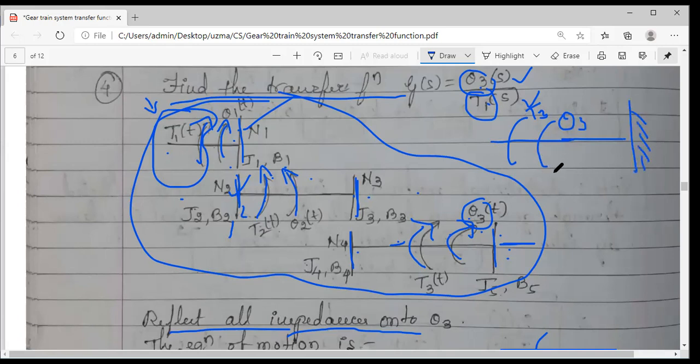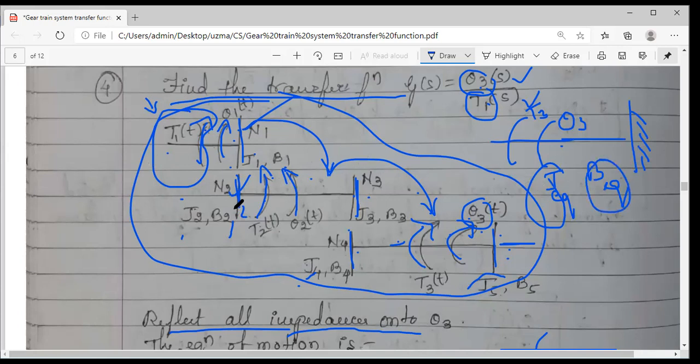Finally, you can just take it here. This has one J and one B, and these are not simply J5 or J4. They are equivalent values because they have now changed, because we have to analyze the impact of all of them. The first shaft is over the second, the second is over the third. So all should be included: J1, J2, J3, J4, and up to J5. So this is the general moment of inertia, J equivalent, of the complete system together, including the gear trains. And this is your B equivalent.